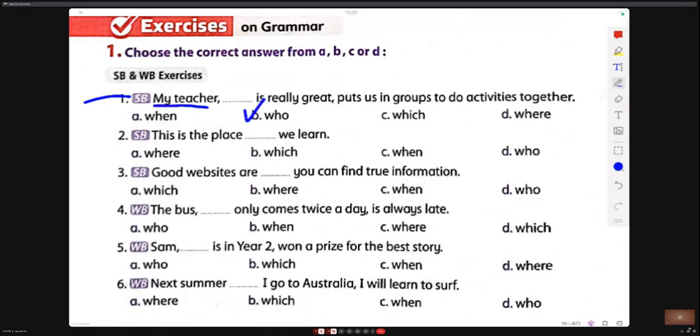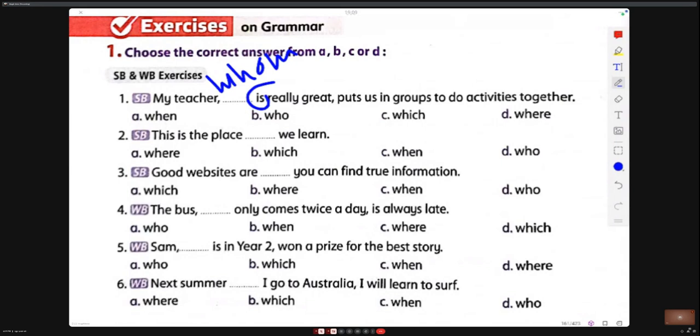Yes. Who or that? Is that right? Okay. Can we use whom in this sentence? No. Why? Because there is a verb.